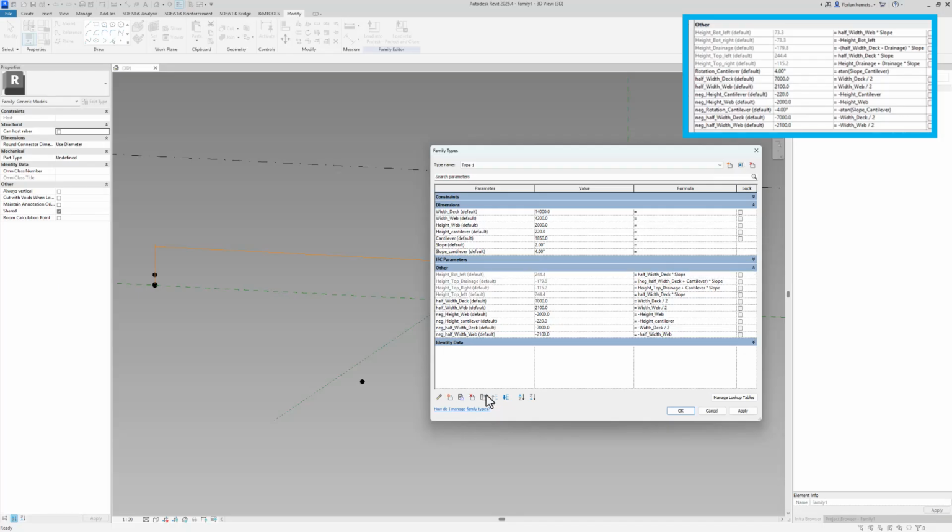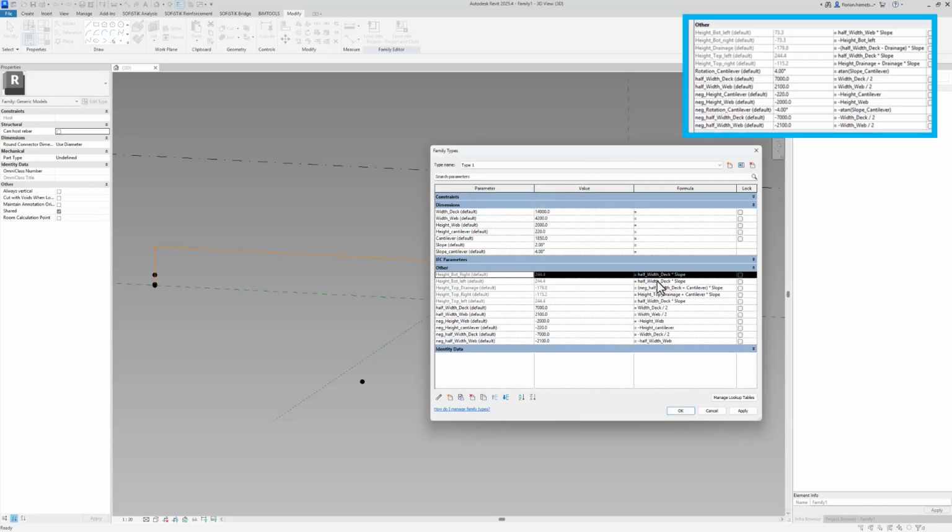And I take this one, copy it, height bottom right. All I need to do is now exchange the half width deck parameter with the half width web parameters. Once for the negative, which is going to be on the right. And as I can just get rid of the negative, I have both my parameters assigned very quickly.